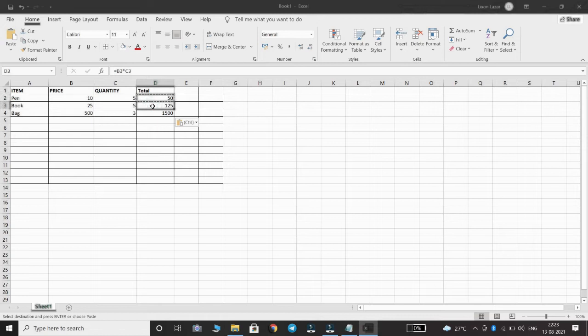And the formula of this cell is B3 into C3, so the result will come here. And in this cell, the formula is B4 into C4. B4 is 500, C4 is 3. 500 into 3, 1500. The formula is automatically changed. This is how we are doing relative references.